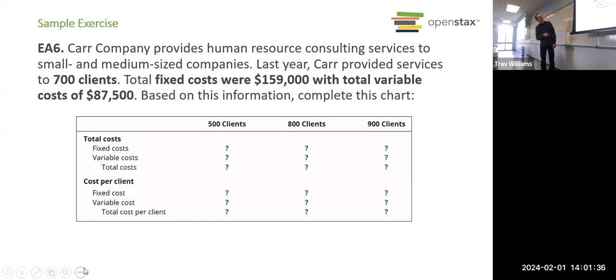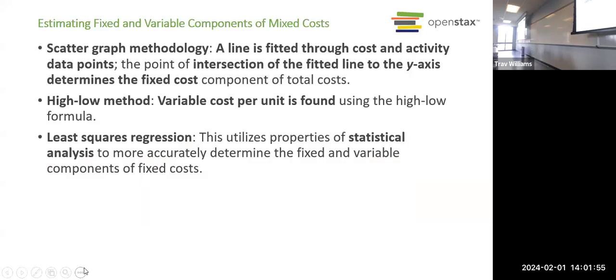Did we do this one? I think we did, didn't we? Number 6. Yes, we did this one, right? Service company based on the number of clients. Yeah, we did that. Okay. So I'm not gonna do it again. Unless you want to. Anybody want to go back over that one?